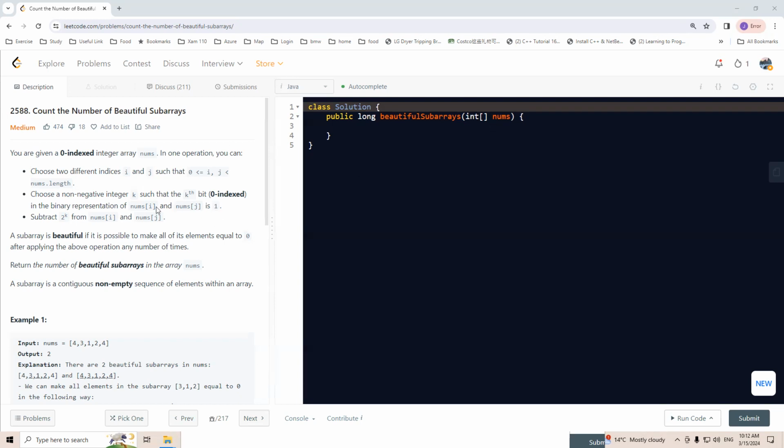0. The operation is that, for example, we have a subarray here. This is the number array, and say this is a beautiful subarray. We choose indices i and j, and also a non-negative number k. Let nums[i] and nums[j] both minus 2 to the power k. So for example,